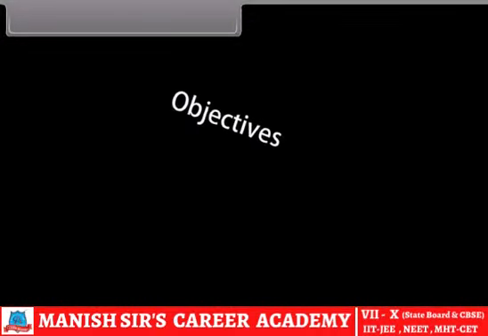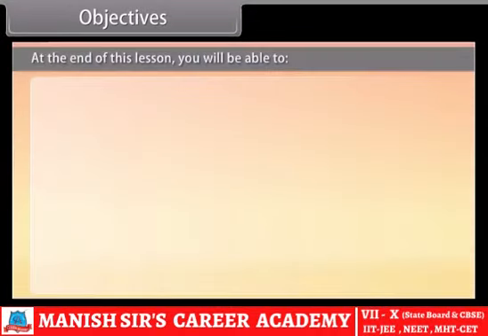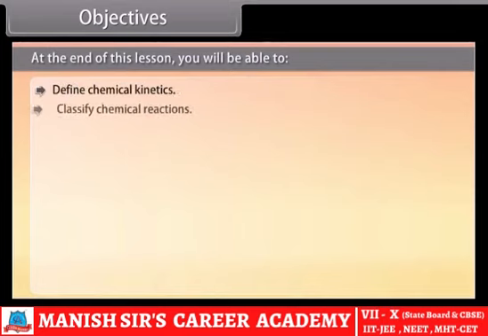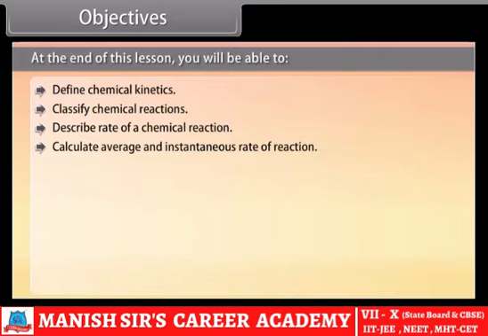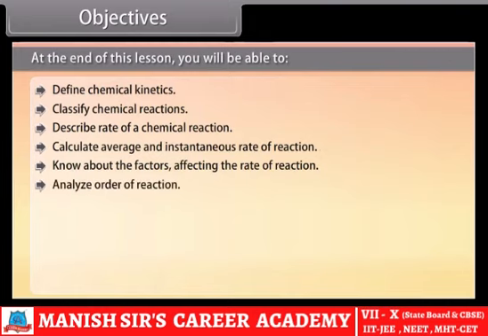Objectives. At the end of this lesson, you will be able to define chemical kinetics, classify chemical reactions, describe the rate of a chemical reaction, calculate the average and instantaneous rate of reaction, know about the factors affecting the rate of reaction, analyze the order of reaction,